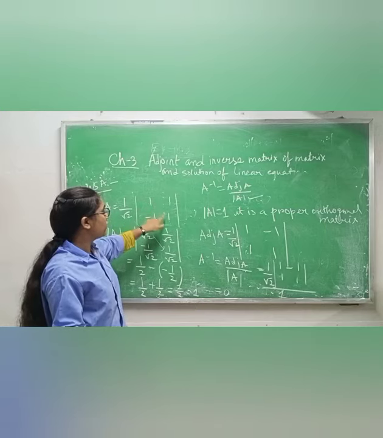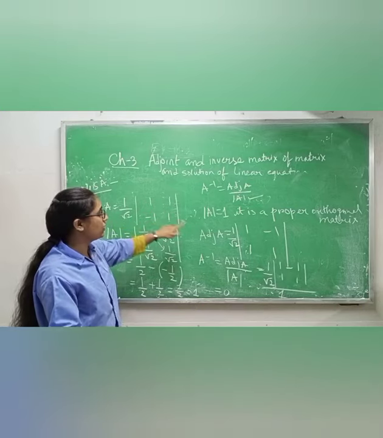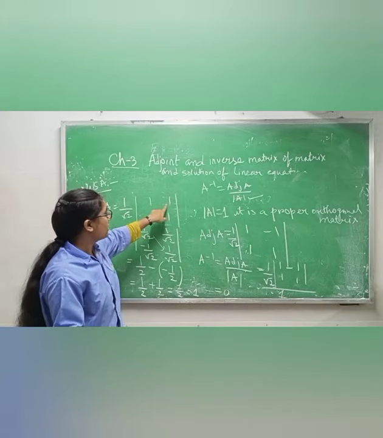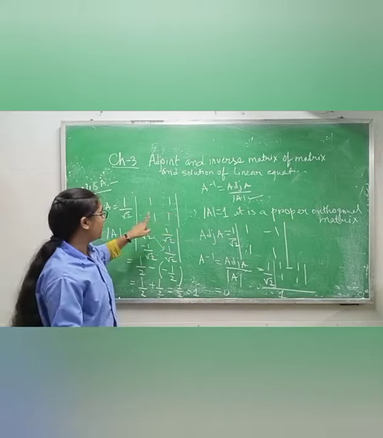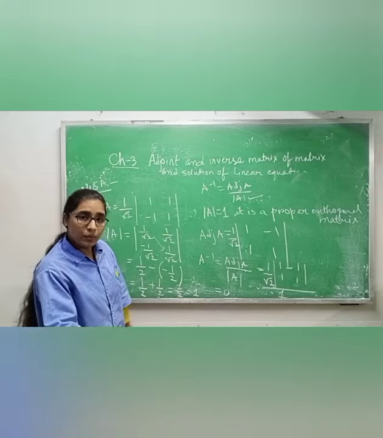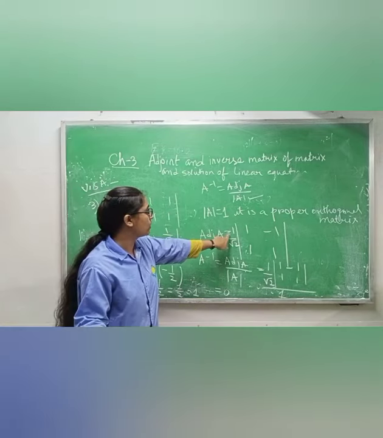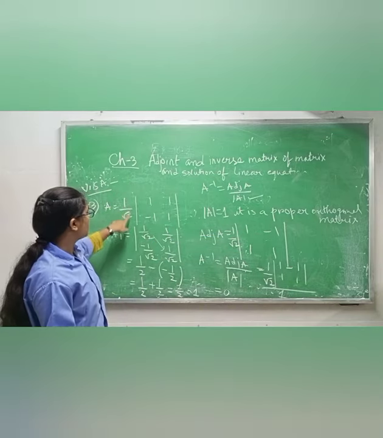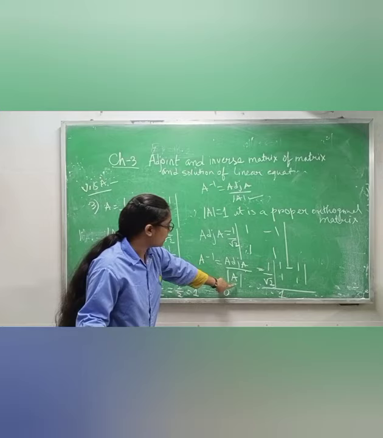This diagonal will change places, since we have 1 on both sides. This one will remain the same, and in this one only the sign will change. We have a plus sign, now it will become minus. Here we have a minus sign, it will become plus. So adjugate A equals 1 by root 2, 1, minus 1, 1, 1. Why 1 by root 2? Because it is given already. And determinant A,